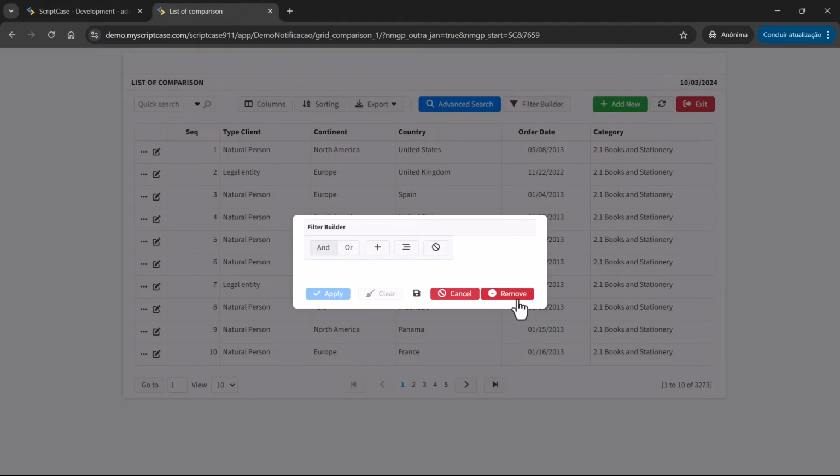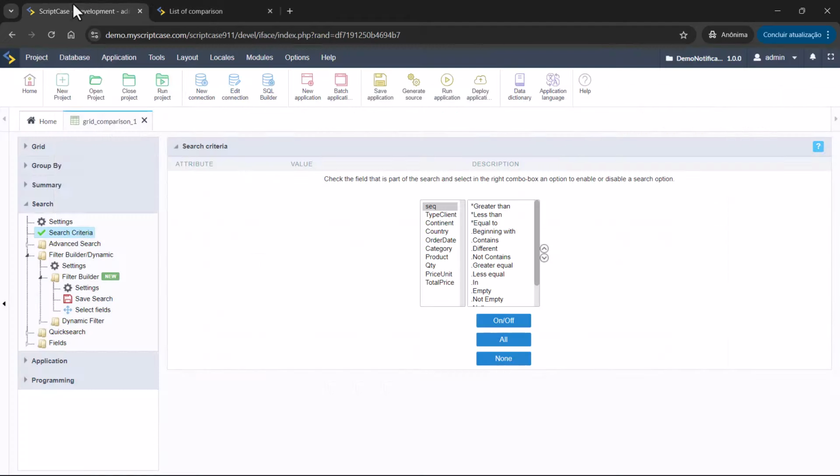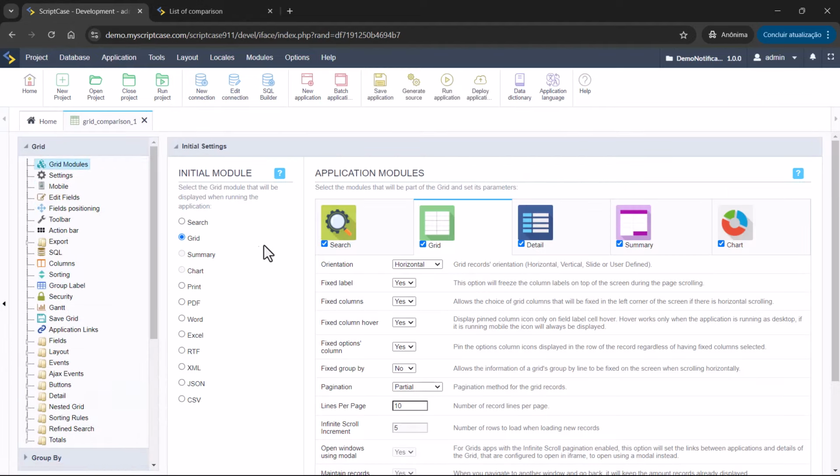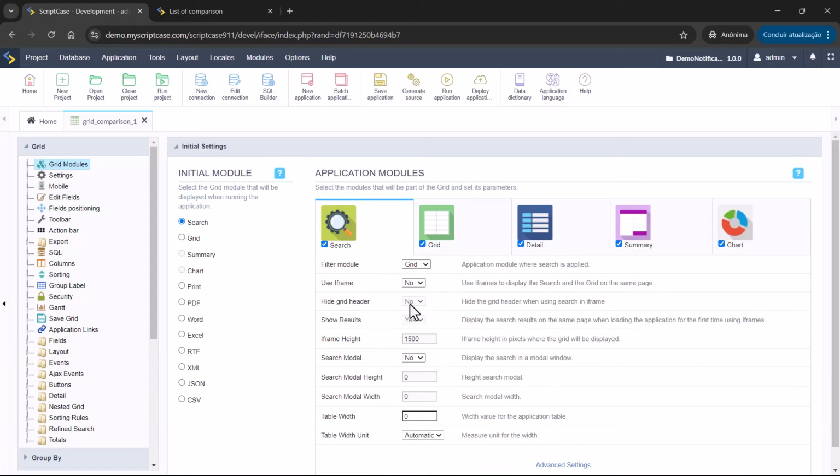You can, for example, start with the advanced search. You can go here to models. I can start with advanced search and apply. We know that we have other options inside advanced search. I can, for example, apply some fixed condition. For example, start with continent A, and then inside this report I will build other options.